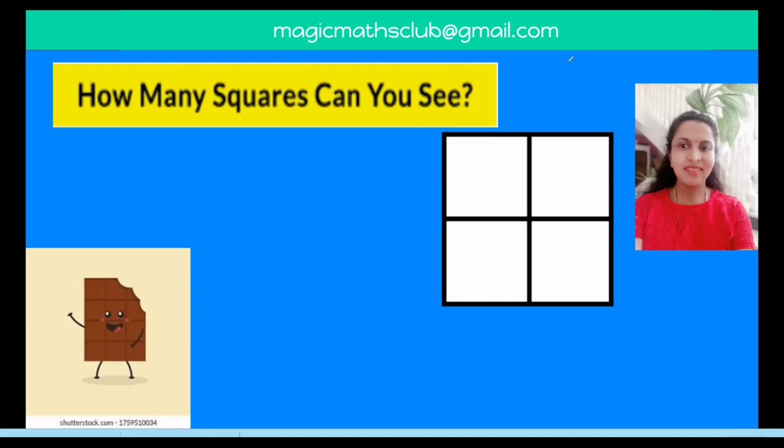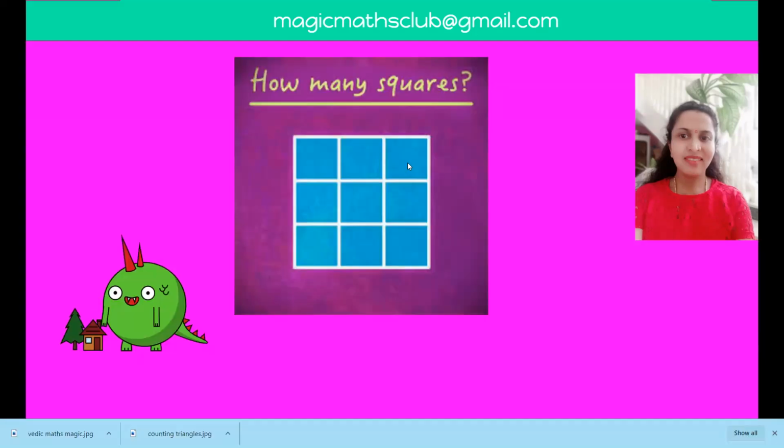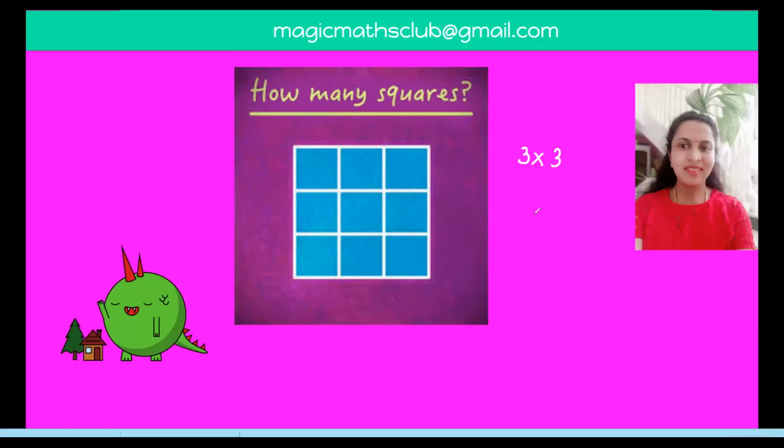Whenever you have a square like this, you can count the number of squares very easily and very handy. Let's try type 2. So here you see how many? You can see a 3 into 3 grid. So whenever you have a 3 into 3 grid, what you have to do? 3 square plus 2 square plus 1 square, and your work is done. After that you have to add it.